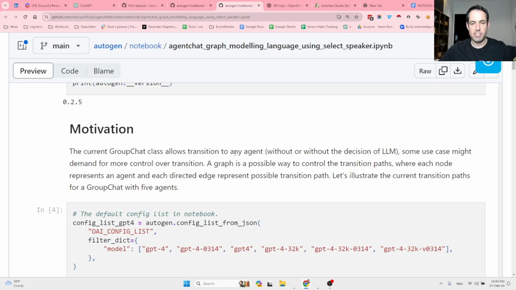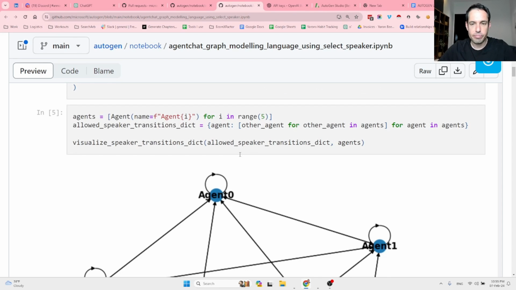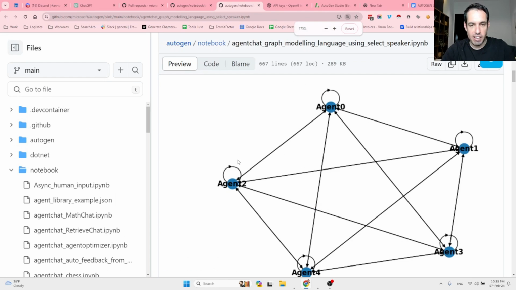So let's say agent A, we can define that he can only transition the conversation to agent B and C. Agent C can only transition the conversation to agent B, etc. So this way we have more control regarding how the agents interact between themselves. So this is a great illustration